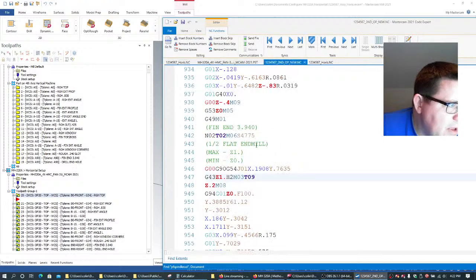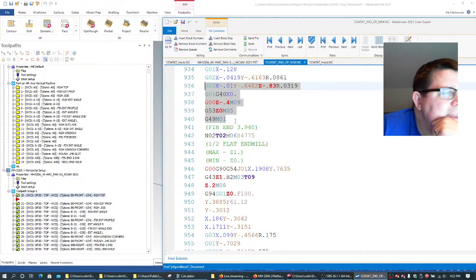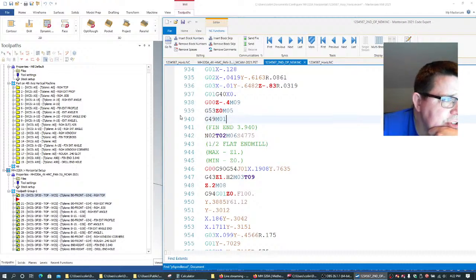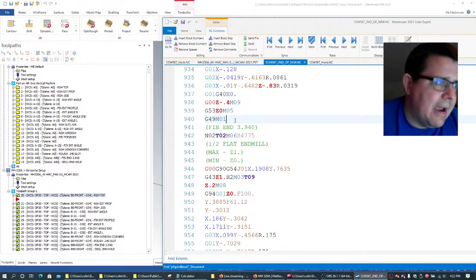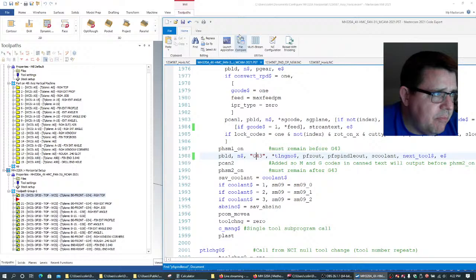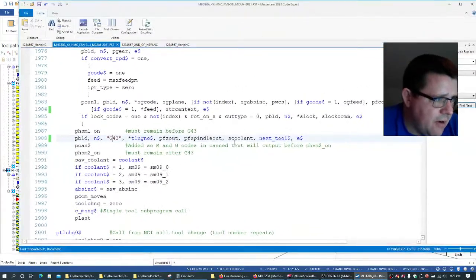But if we look here, instead of G91, G28, Z0, we're doing a G53, Z0, MO5, and we're doing a G49, MO1. So we need to change P retract. So if I go to the post file here,